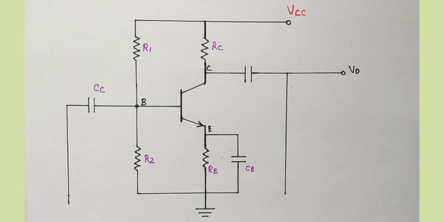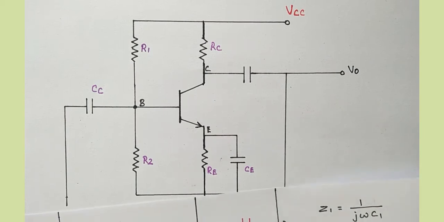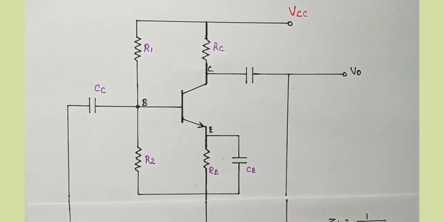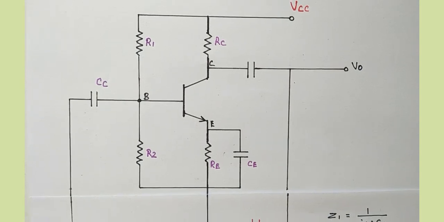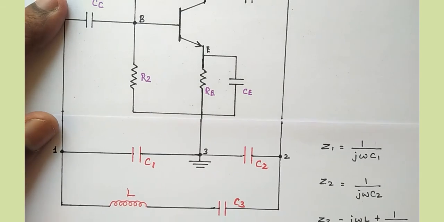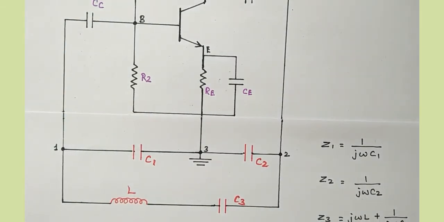Now we are going to connect the feedback network between input and output. So now I am connecting here. Now we formed the entire oscillator circuit. So here Colpitts and Clapp, both oscillators are common in structure. Only a small modification is made, in the Z3